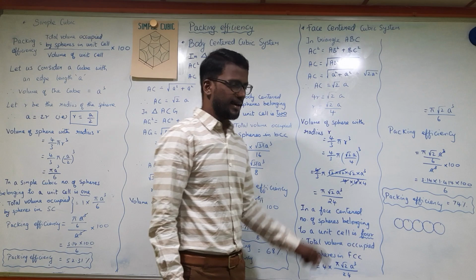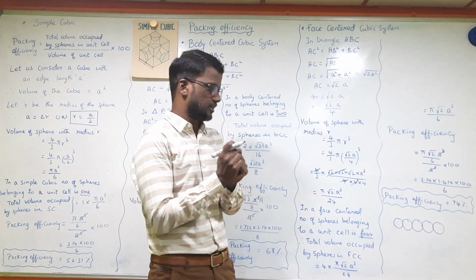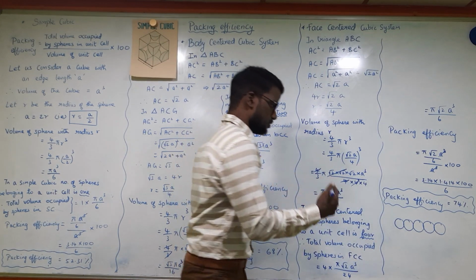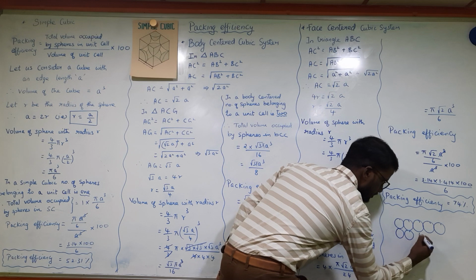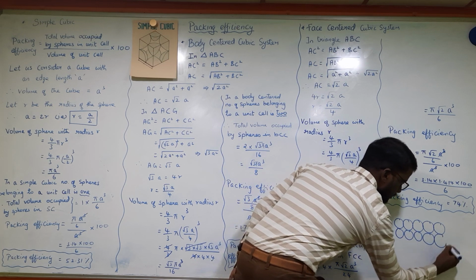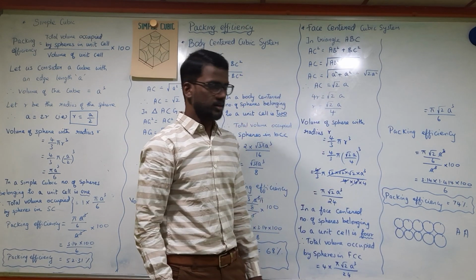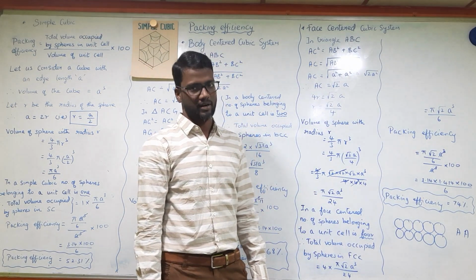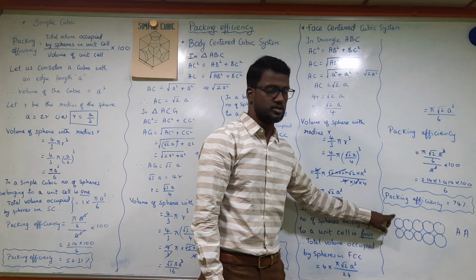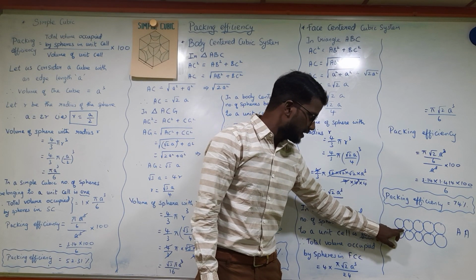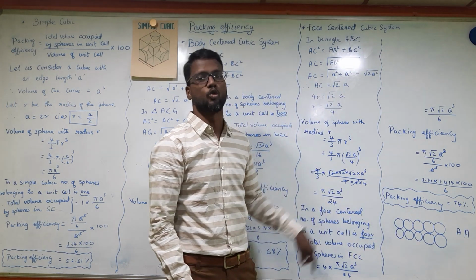This is the first row. Atoms are packed as close as possible because in the solid state atoms are closely packed. Now when I go to the next row, I can go in the same order as in the first row. This is called AA type of arrangement. The second row follows the same order as the first row. Now you can see big diamond shaped voids or space available between the two rows.